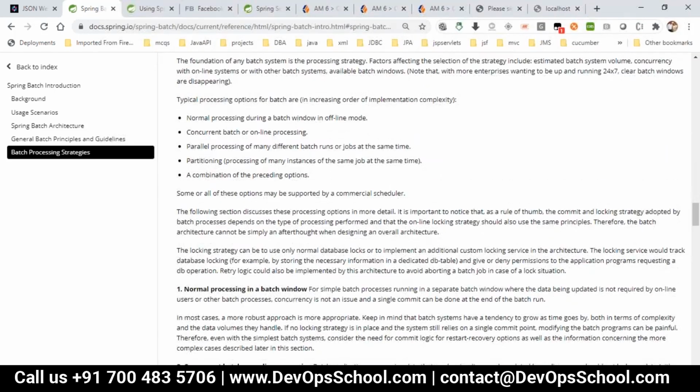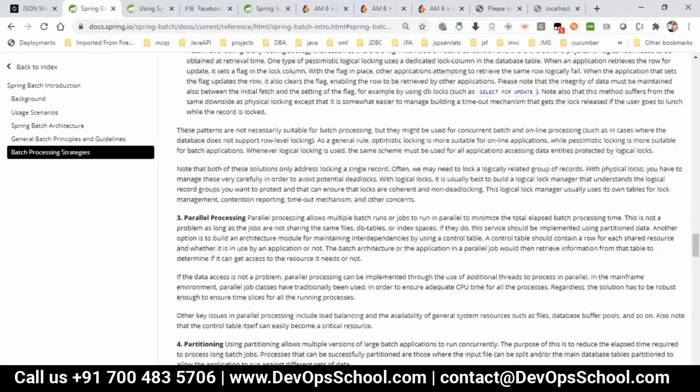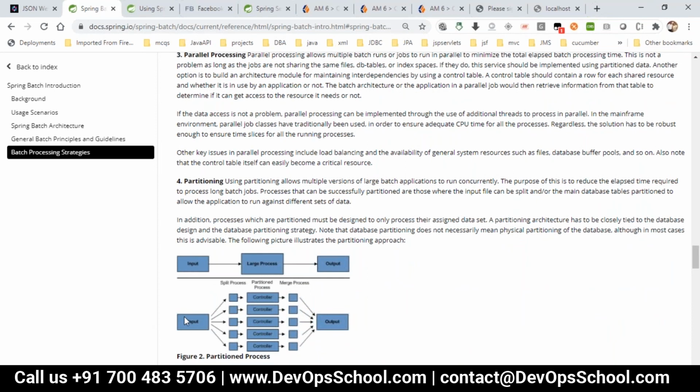To work with this, first we require the dependency, which is to take a job. You can see here the input will be split into processes, it does the partition process, then it does the merge process. It's a kind of fork and join in multithreading. It will fork your jobs, and once that is done, it will join back all your processes. In the same way, batch processing also happens like fork and join. To work with this, we will take some CSV file and store it into our database. How we are going to do that, we will see in the next session.